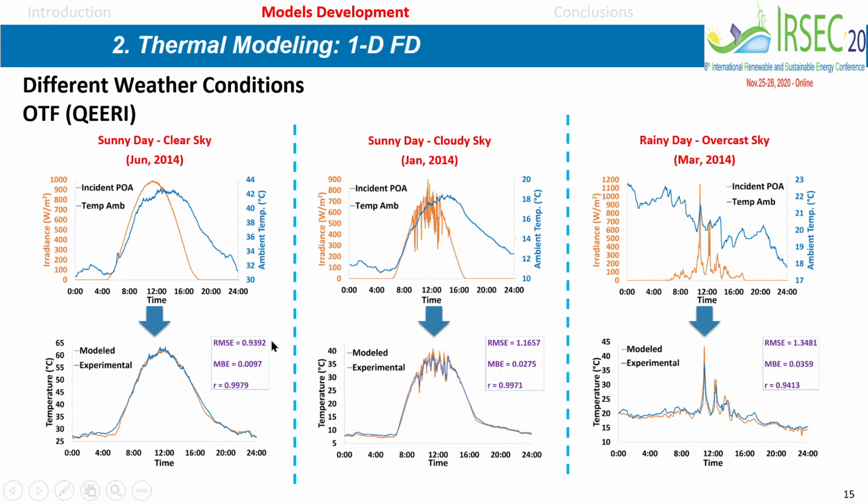As you can see from this 1D finite element, again, these are the inputs from 1 day in July 2014 in terms of ambient temperature and incident POA, and this is what we predict in terms of the temperature prediction. Another day, a sunny day with cloudy sky, a rainy day with overcast sky, and as you can see, the predictions compare really well in the 3 cases with the experimental results, which means that if we are just looking for temperature at the back sheet or even at the cell,